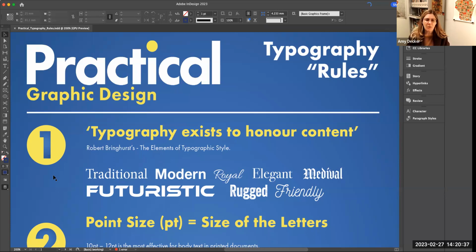When you're choosing typefaces, you want to go through not just what's on your computer, but also Adobe Fonts, and really type in some keywords to find typefaces that are going to be the right typefaces for your design, that are going to help communicate the message